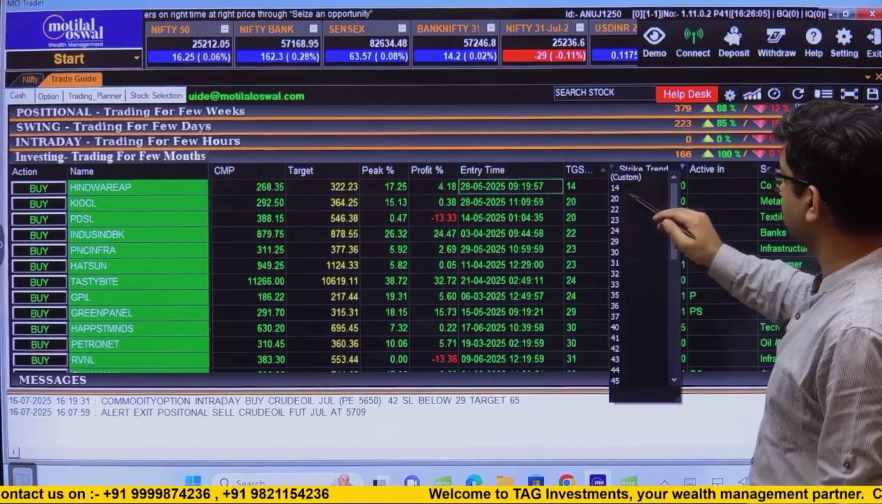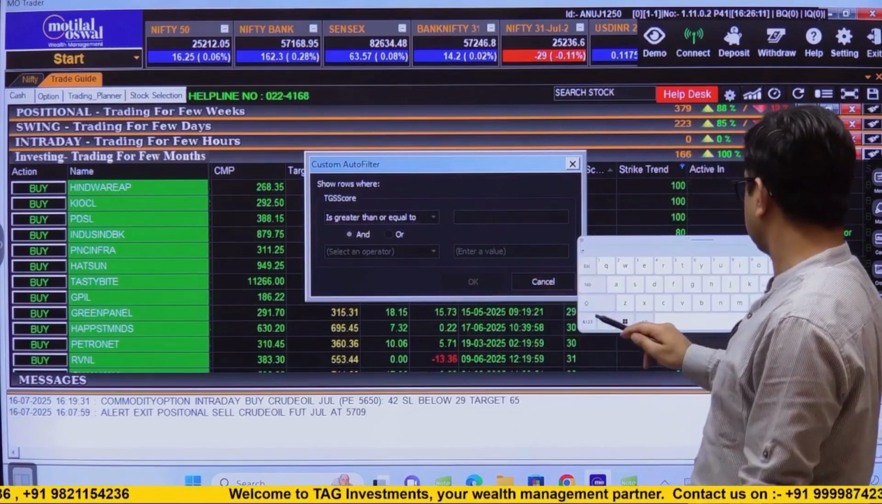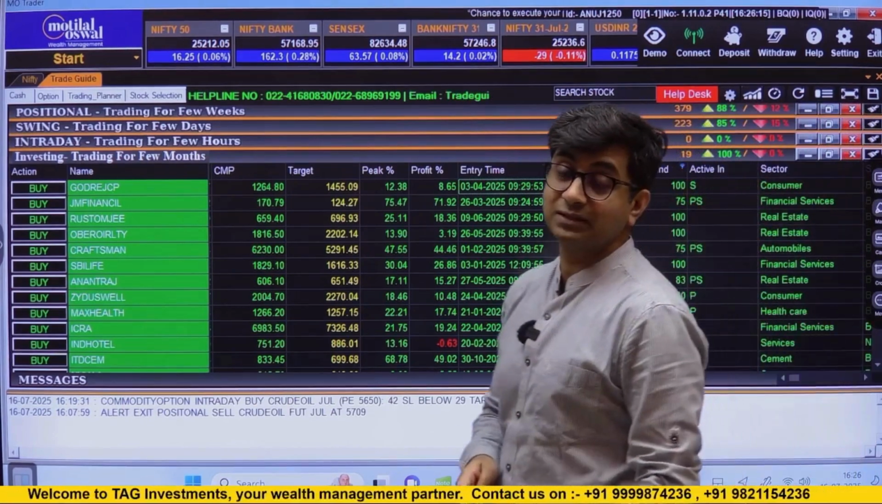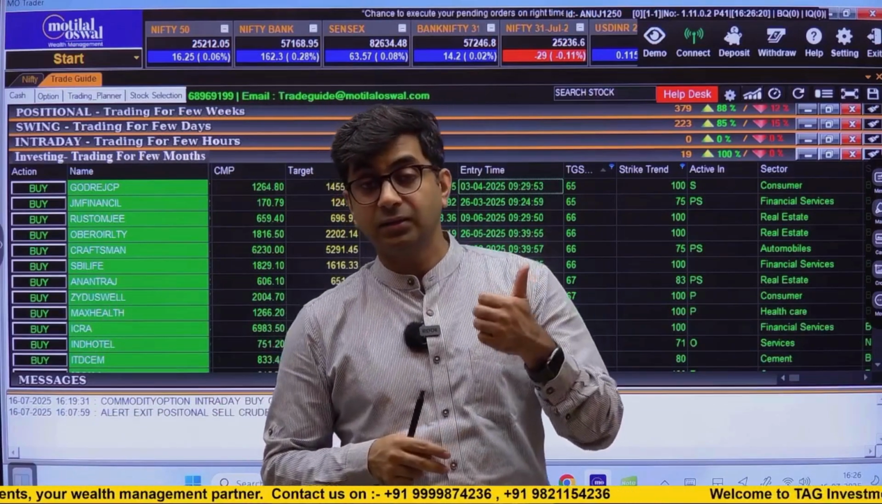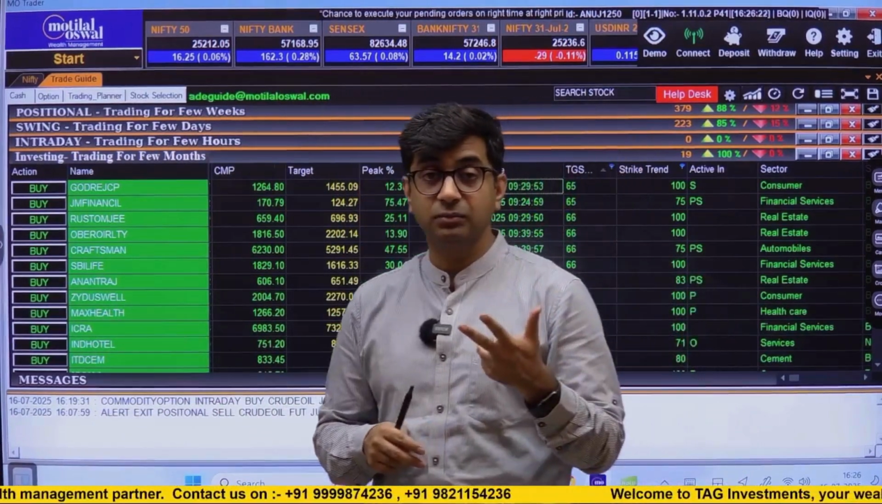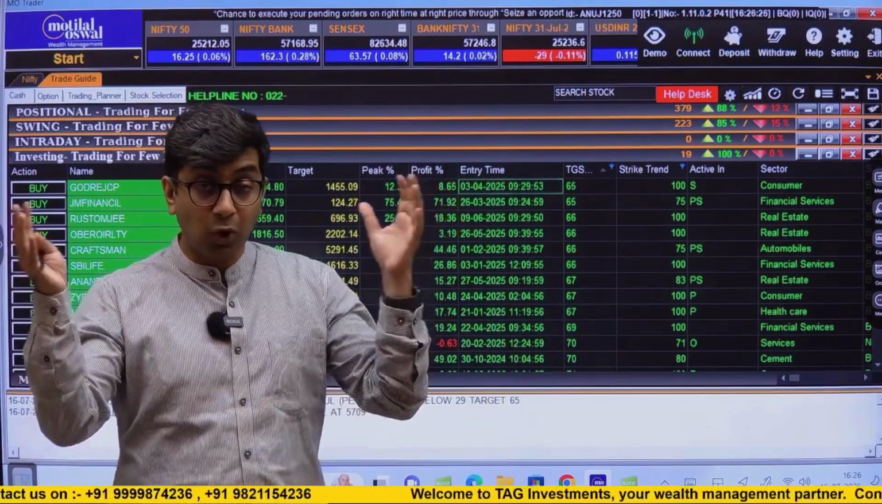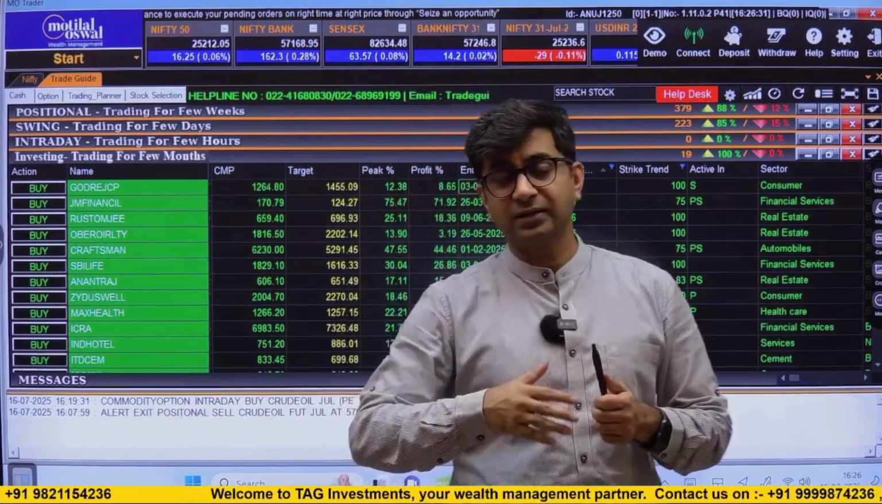Now in case we put a TGS score of greater than or equal to 65, then we'll be only left with 19. TGS score is nothing but an amalgamation of a few factors like quality, momentum, price action, valuation, the company performances, and so on and so forth. So all these things combined, which we actually look through, and we actually get